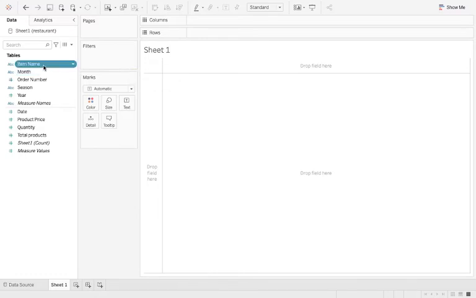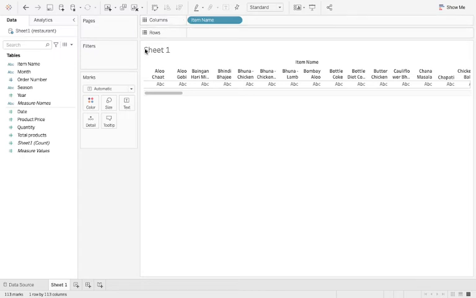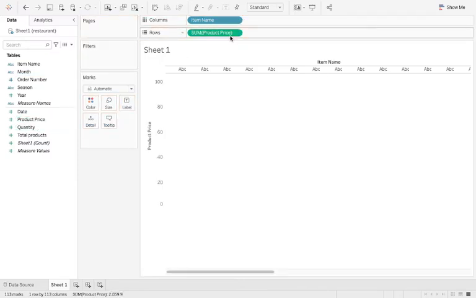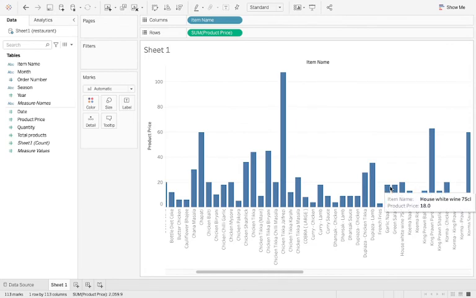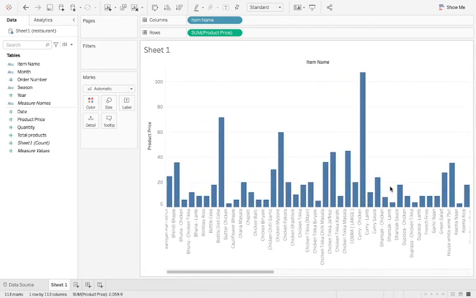So let us say, in the columns, I have added my item names, and in my rows, I want to sort these item names by, say, product price. I'll add that here. So if you see, I have got that particular graph accordingly.